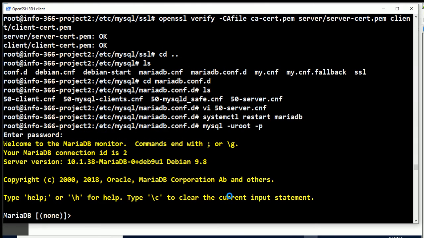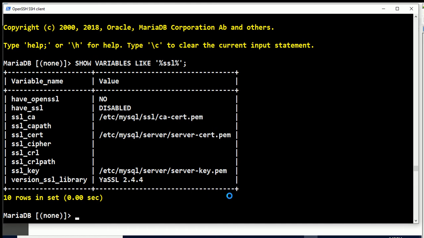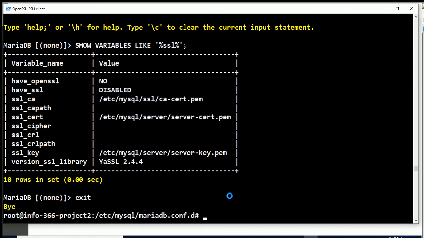Okay, so I'm in with MySQL. Let me do show variables like OpenSSL. And it still says disabled for have SSL, which means, so it read in the files, right? Etc MySQL SSL CA-cert, and then server-cert and server-key. I know those files are there. I saw them, right? So I think what the problem here is, and you're going to experience the same thing,